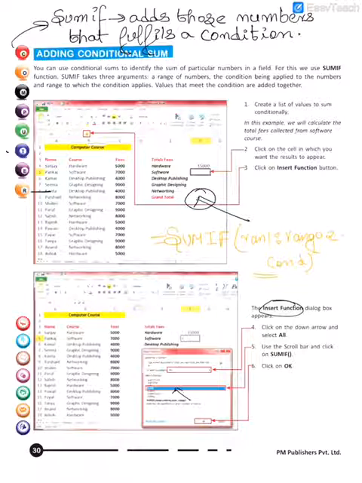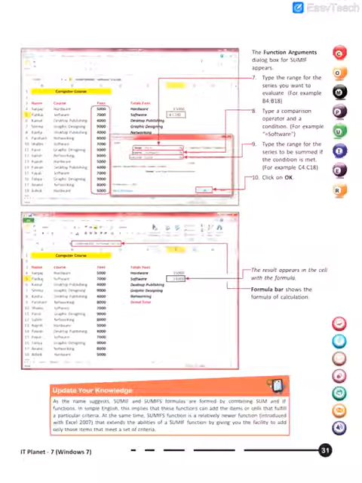So what is the purpose of SUMIF? Conditional sum. That means we can add only those numbers or cells that fulfill a condition. Here numbers means cell. Okay, please note it. Numbers means cell. Okay, is it clear? Now moving on. So this is just an explanation of what I told you. See, they have given here the range, they have given the criteria. Okay, so that is how we have to implement.